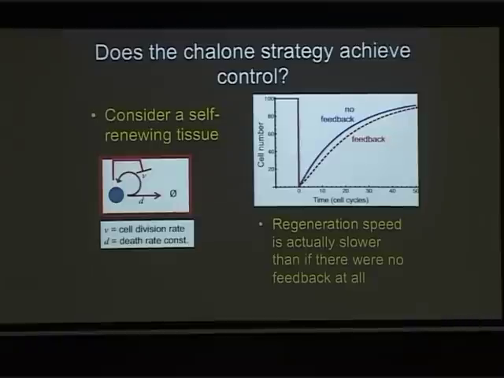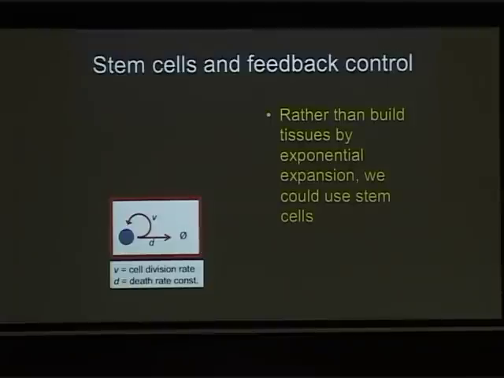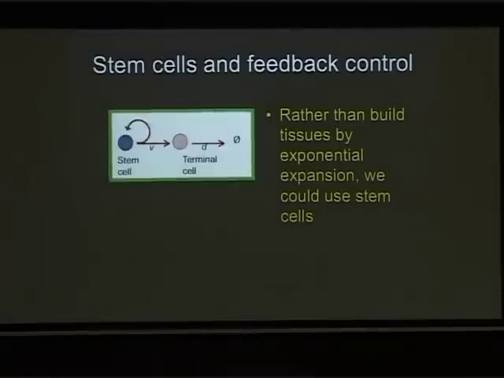It doesn't give you a robust steady state. It doesn't give you fast regeneration. And as you'll see in a minute, there are other tricks you can play that can do those things very easily. So now let's imagine, instead of building tissues like you would build an E. coli colony,